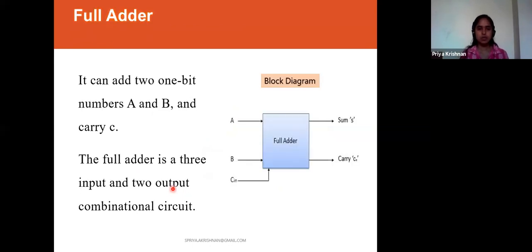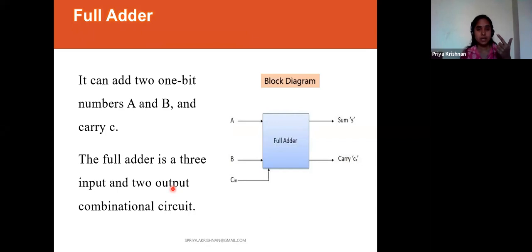Okay, next we will move to the full adder. So again I'll start with the same basic steps. What is my idea? My idea is full adder. So how many inputs? How many outputs?